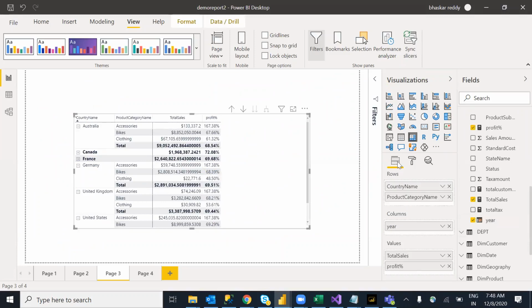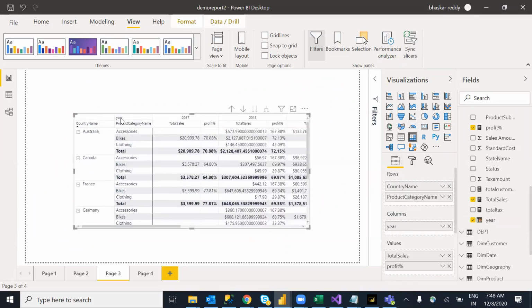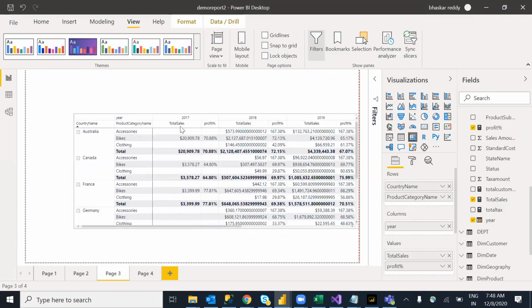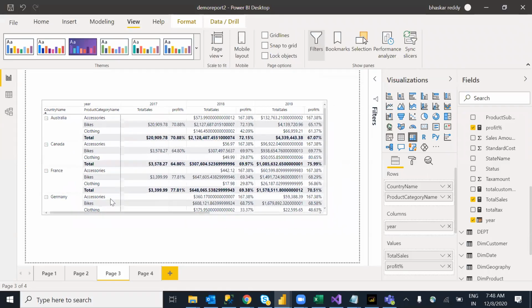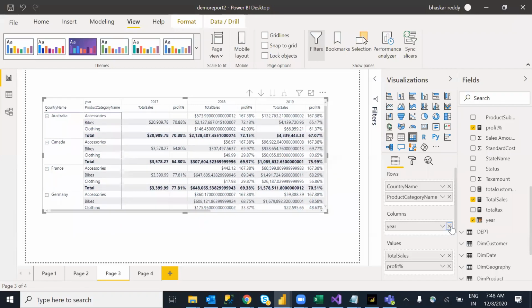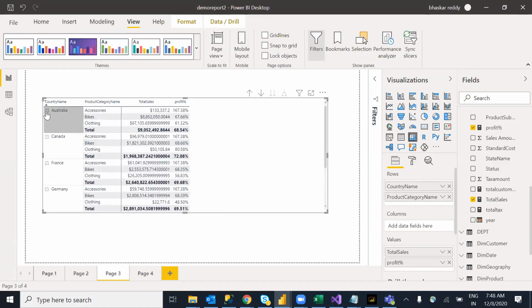Let me use it here column wise. Here 17, 18, what are the sales I wanted? We can display it like this. 17 profit, what is the sales? 18, what is the sales? So I can display my data row and column wise as well. This way we have a dynamic structure. However you want it, we can display. The main thing is toggle buttons.